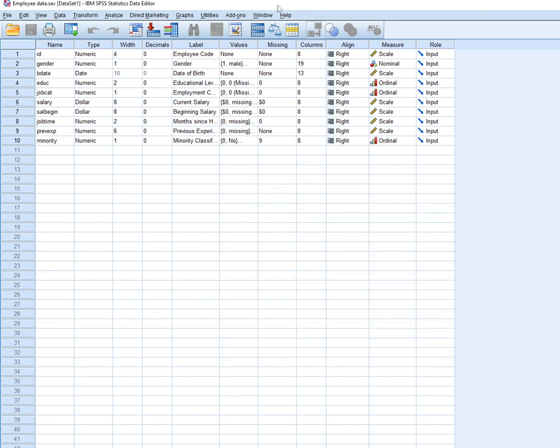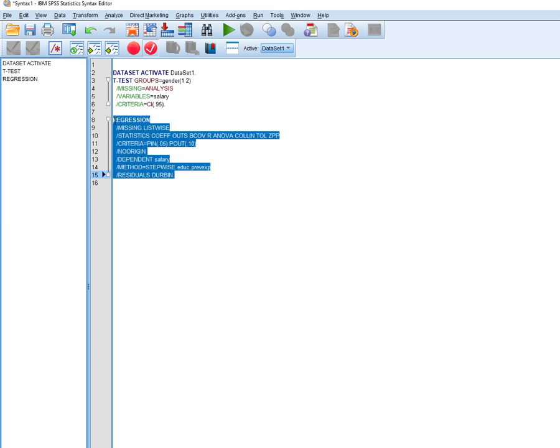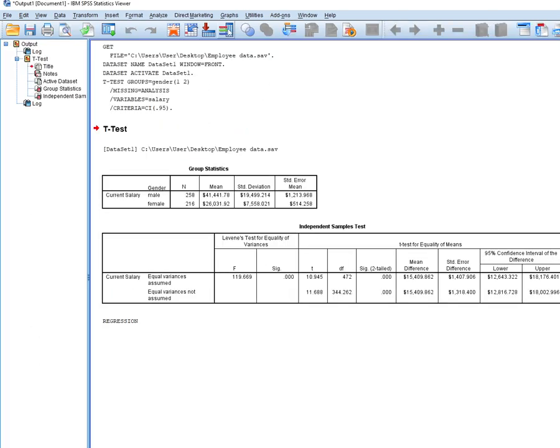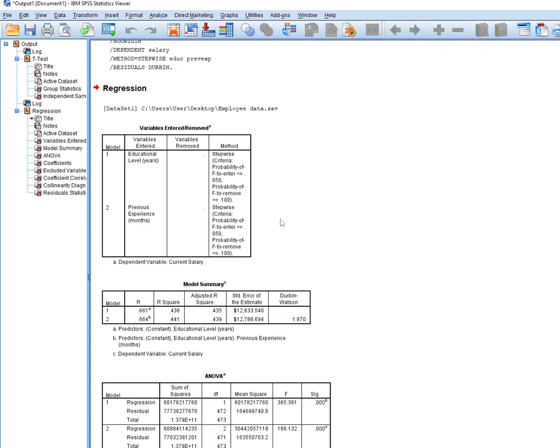I will paste the syntax in the window, and if I execute my code, this one is just an indication of how the variables were entered. And let me know if you're not seeing my screen. I hope you guys are seeing my screen. Okay, so